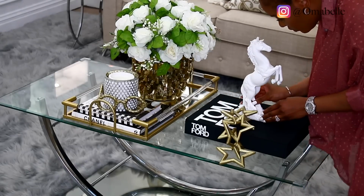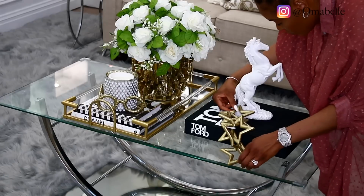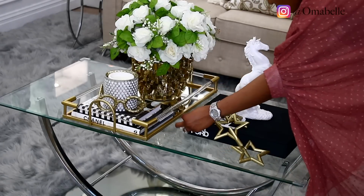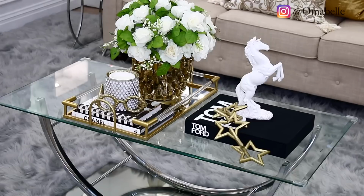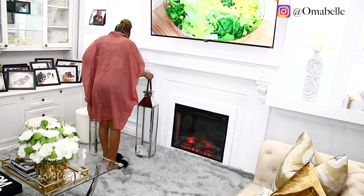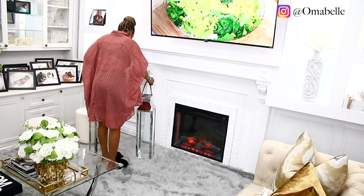Whenever I'm decorating, I always love to have everything cohesive. I just love to balance everything out so that way they will all look uniform and they will all look pleasing to the eye. All right, so I think the last thing I decided to add to the living room